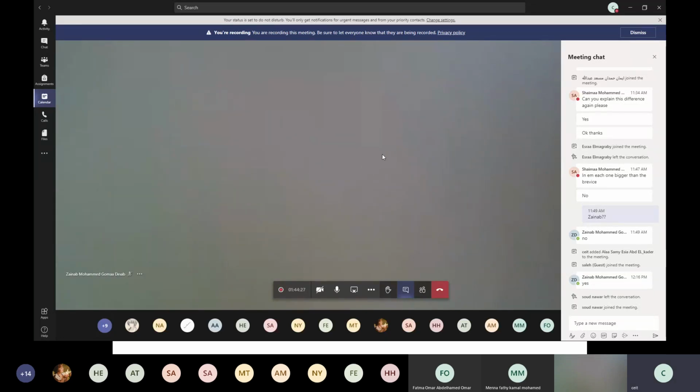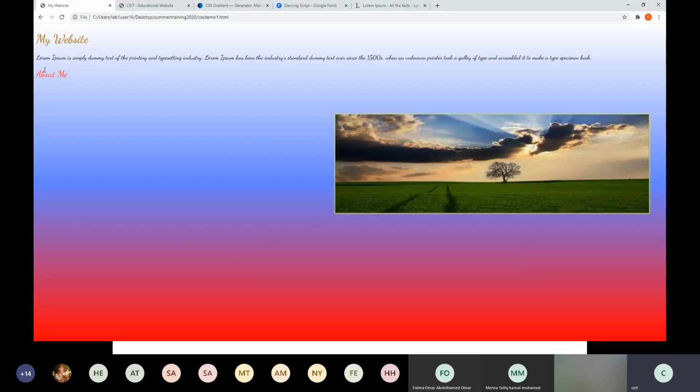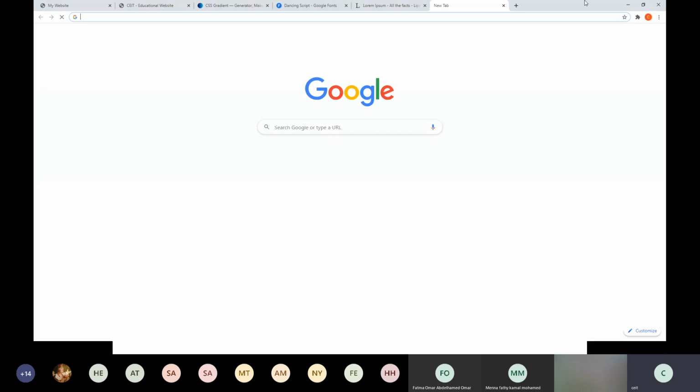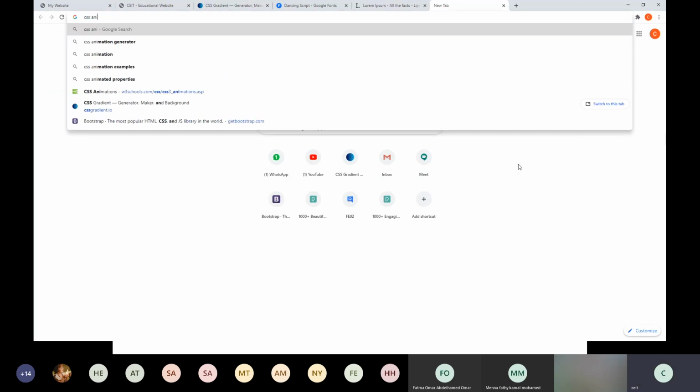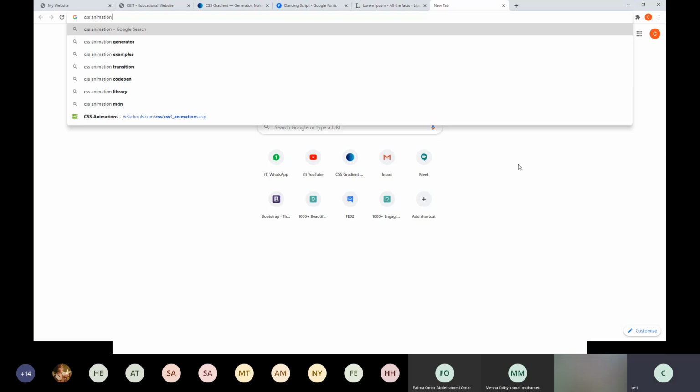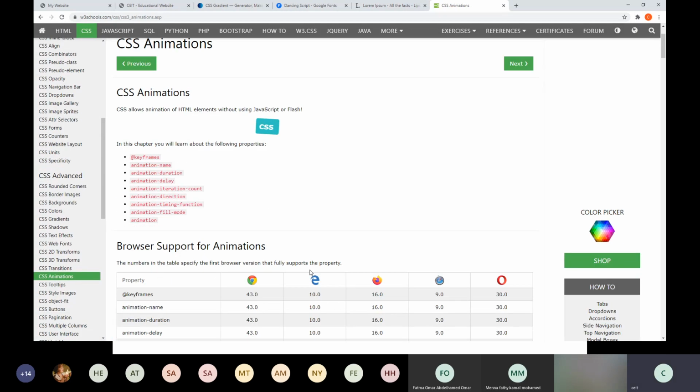Okay, the last part we will see is animation. Here, I want to apply animation on this. First of all, if you want to learn more about the animation, then you can go to W3Schools.